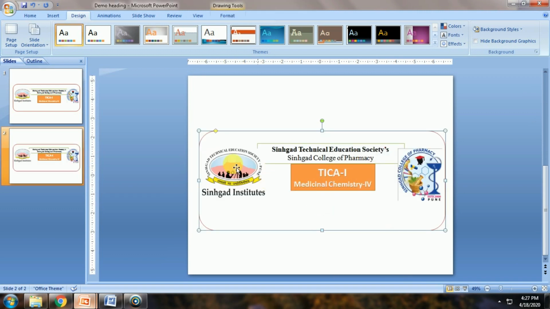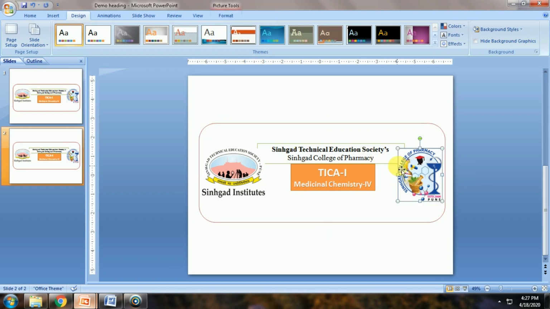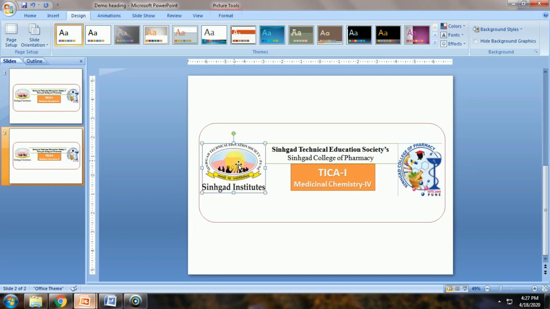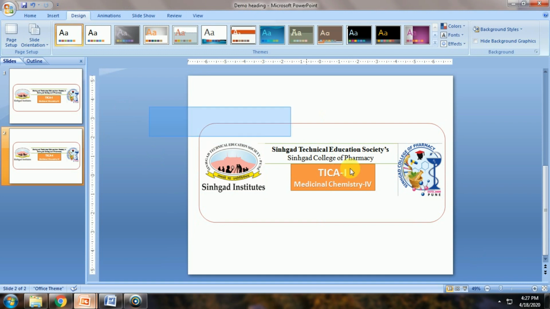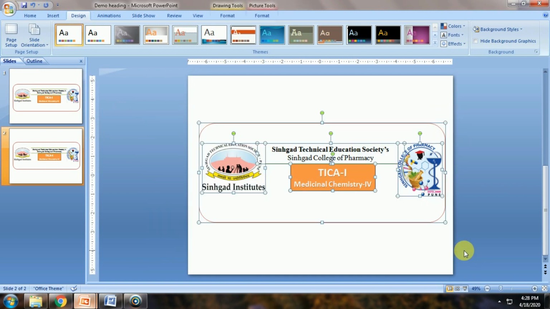The only thing you have to remember, whenever you are creating a heading, is to make sure that all the things lie in the center of the PowerPoint. All should be in this region, because only this region is important, because the other regions may not be selected when you are putting the heading. So all things should be in this region.